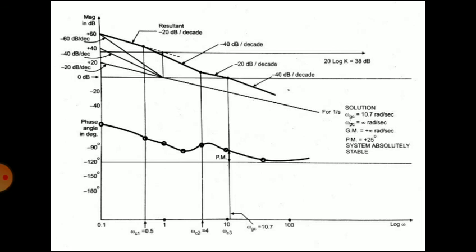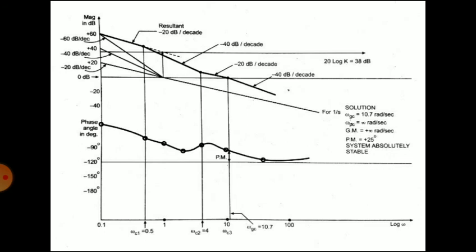So that we will discuss regarding the phase angle plot. Then for the simple zero magnitude plot, again there is a simple zero, which means the slope is in an upward direction, a positive slope. So it is a positive 20 dB per decade slope for omega greater than 4.